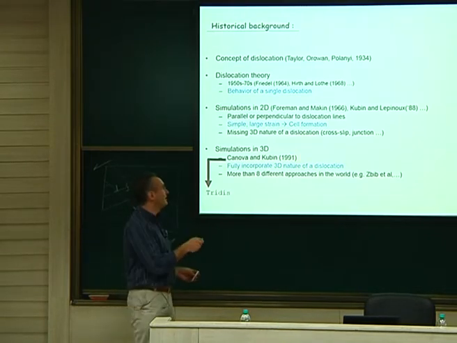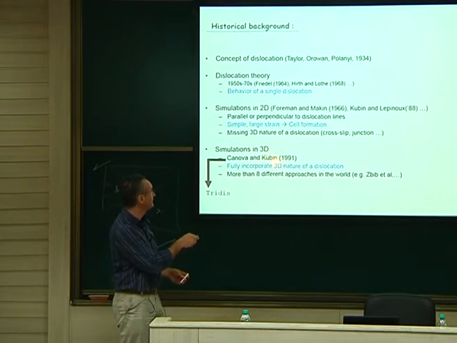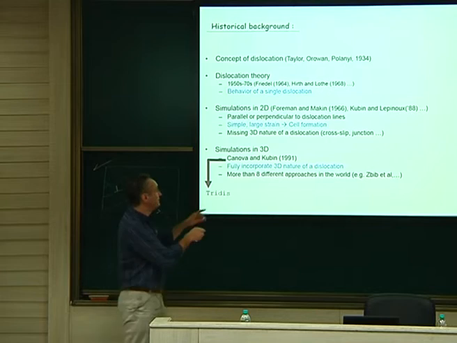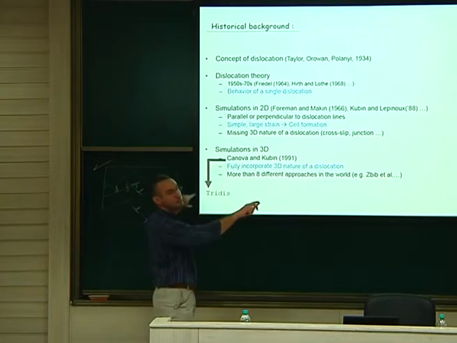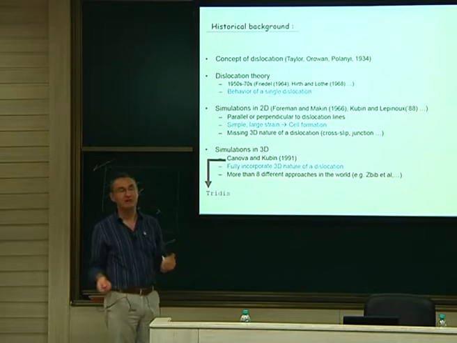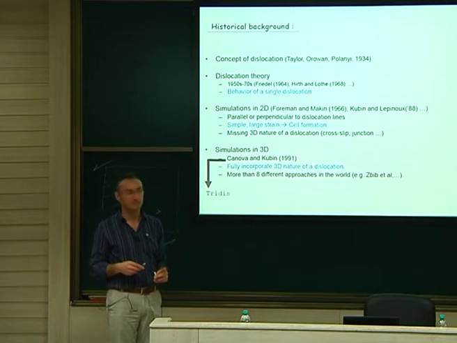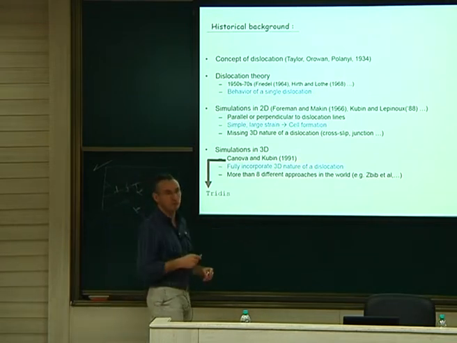So this was managed by Benoît Devincre. Benoît Devincre was a PhD student of Kubin. I was a PhD student of Canova. Initially, it was a single code, and now they have split a bit, because Paris and Grenoble, we cannot exchange every day. But they are very similar, and I'm sure many subroutines are still the same in the code. Okay, so Micromegas, that you can download from the website, is an open code, exactly similar to the one I will show you here.